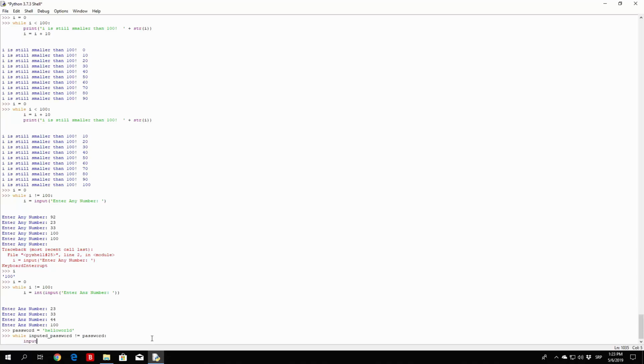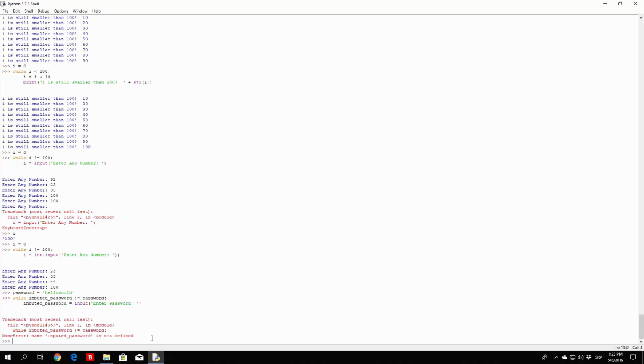we want to prompt the user, so inputted underscore password equals input, enter password. So let me just try right here. Input password is not defined. Yeah, I thought so. Let me just go right here. Inputted underscore password equals,